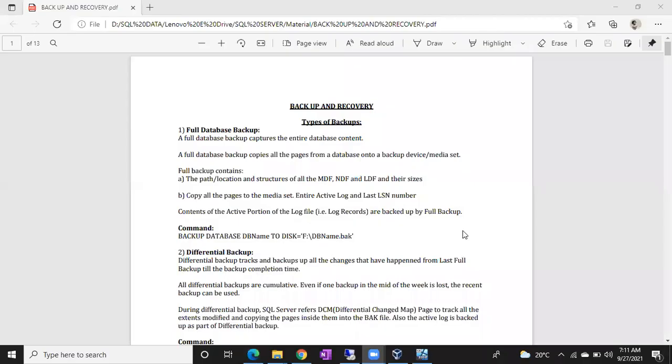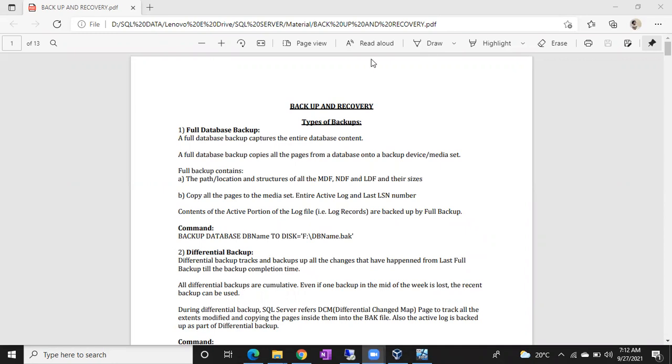Internally, for a particular page, if any modification occurred, it will be written as a 1. DCM pages.